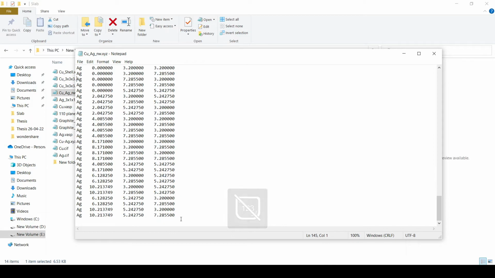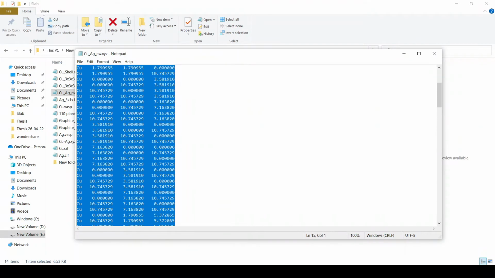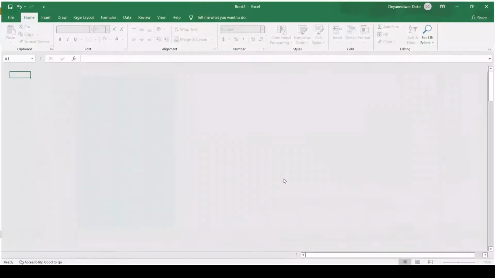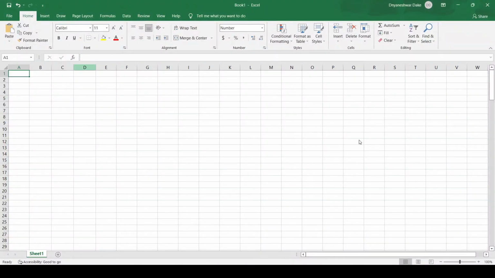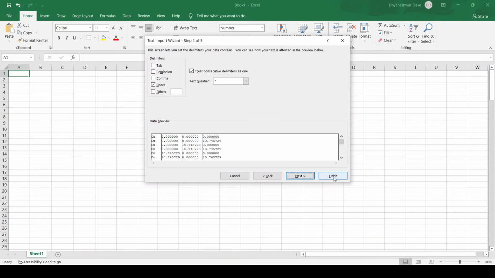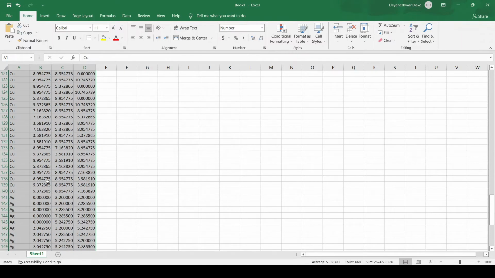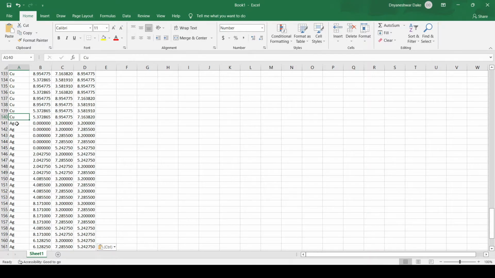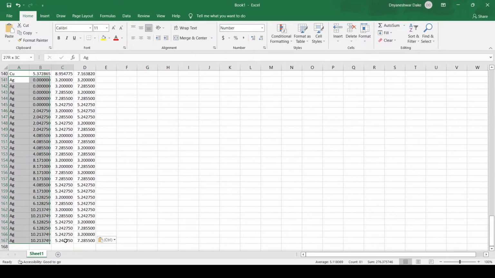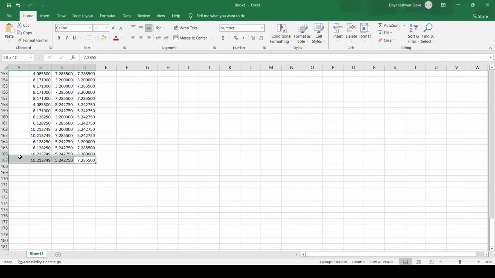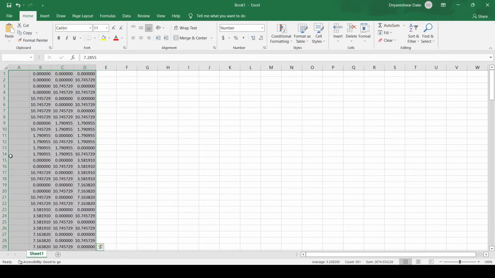into an Excel file. Here paste, use text import wizard, finish. So here there are a total of 140 atoms of copper and 27 atoms of silver. We'll use this file to edit the VASP file that we have. We'll copy all these coordinates,